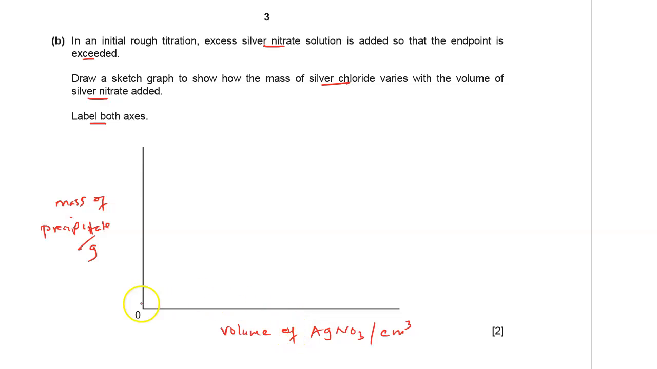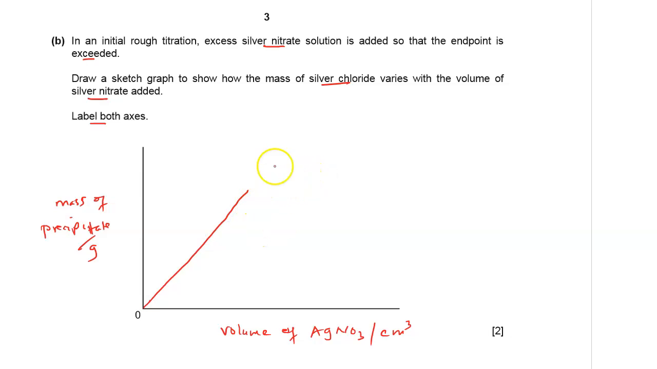added. So when you add the silver nitrate, the mass of the precipitate will increase. So this will increase as you add the silver nitrate, as the volume of silver nitrate increases, then we'll have more of the precipitate. Let me draw freehand. Mass of the precipitate increasing,